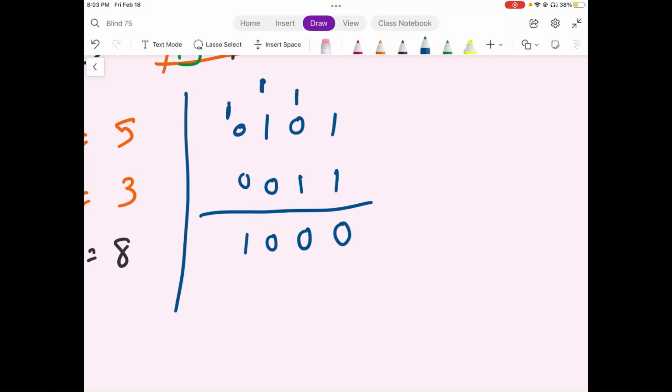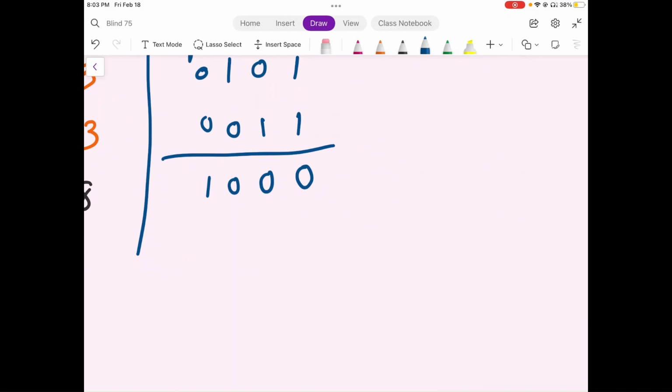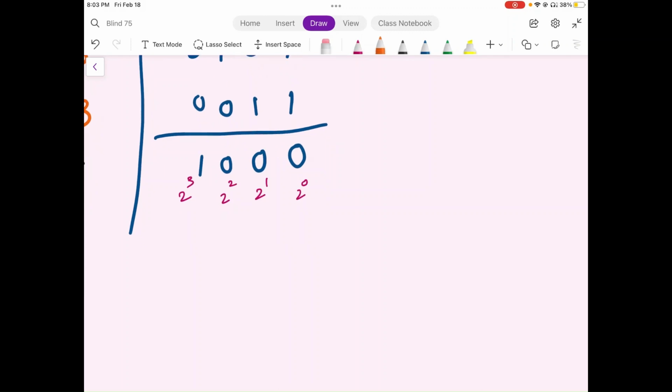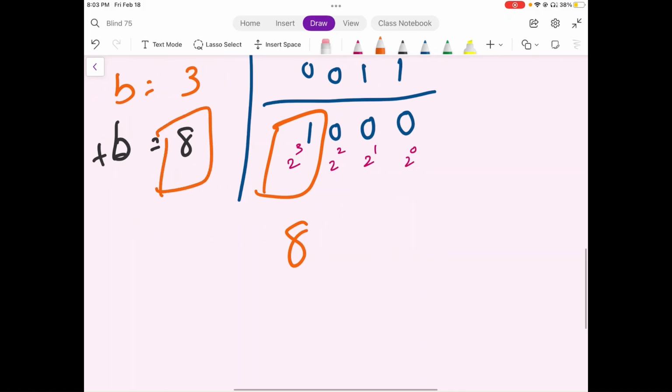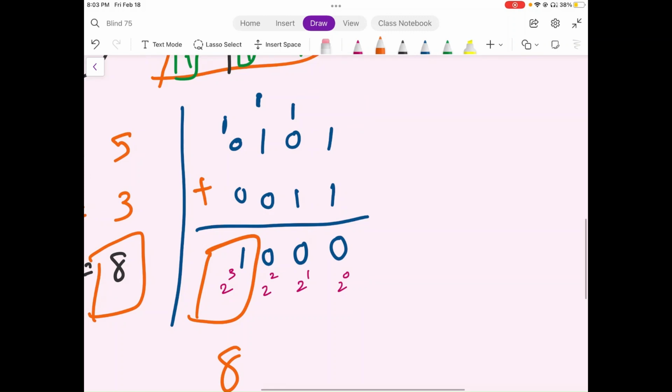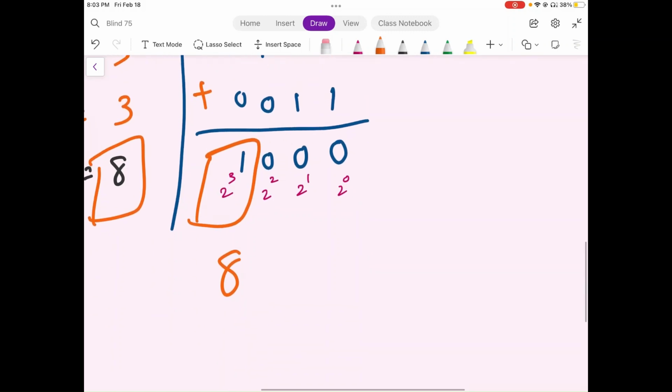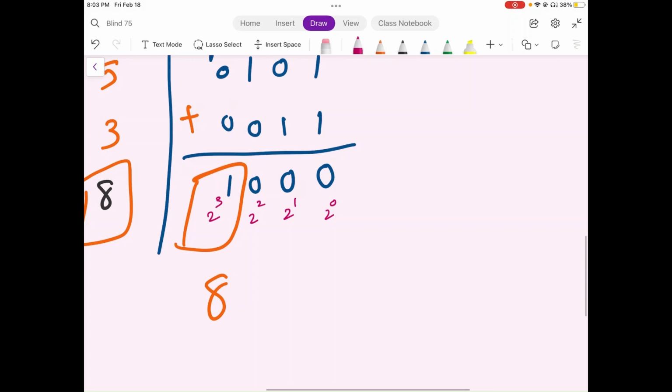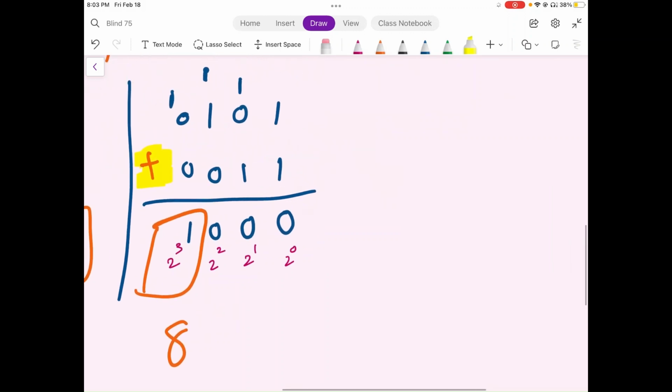So with the carry the value becomes 1, and if we find the binary value for this one, this is actually 2 to the power 0, 2 to the power 1, 2 to the power 2 and 2 to the power 3. So the value 2 to the power 3 is actually 8, which is our answer. So if we do the simple addition of binary values, we can also get the answer as 8. But the problem over here is that we should not be using the plus operator, so we cannot just simply